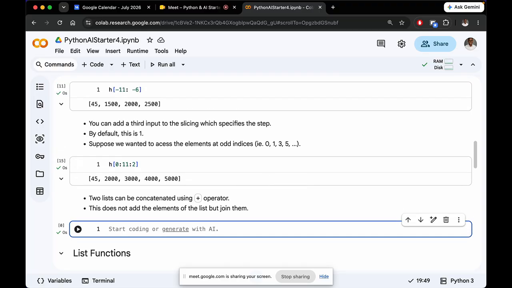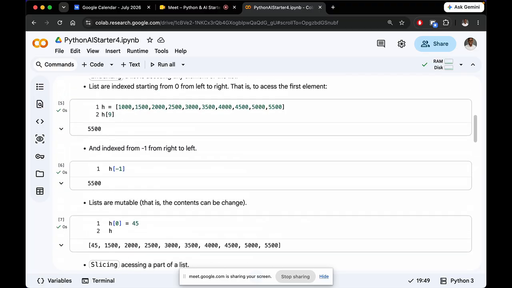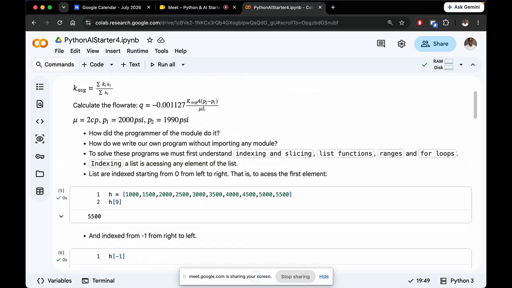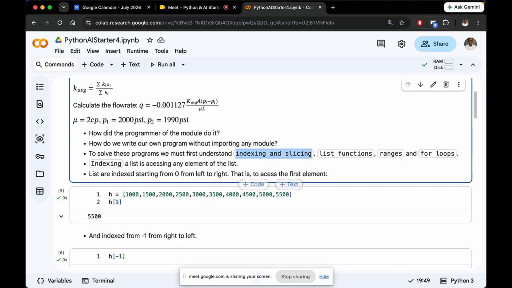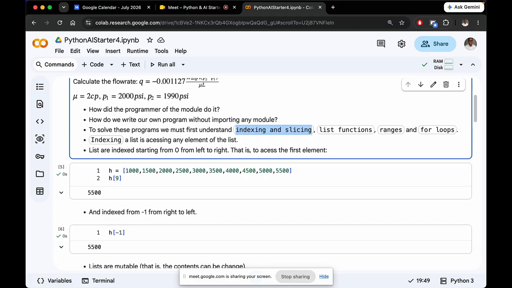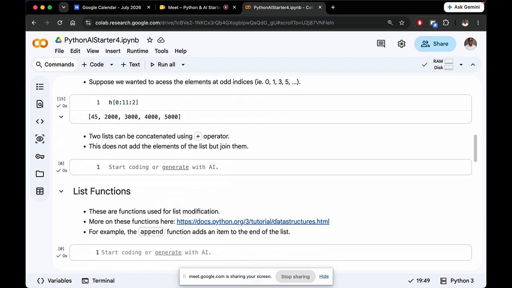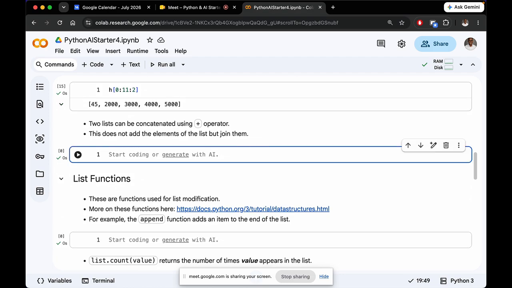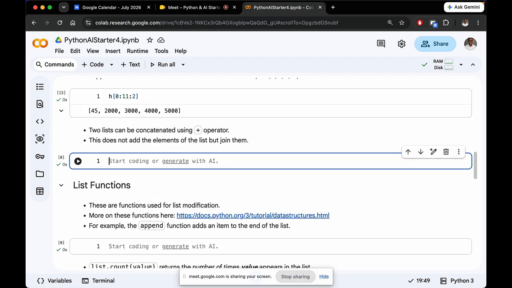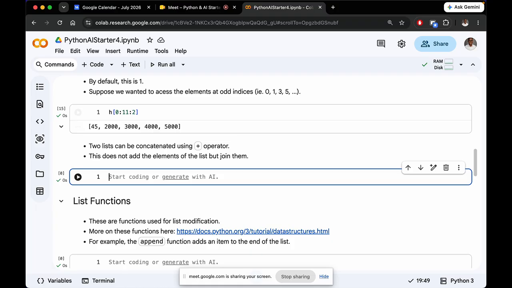So we just talked about indices, slicing. So we just finished these two requirements. And one thing before we move on to list functions is list concatenation. Concatenation is just a fancy word for joining. So supposing we wanted to join